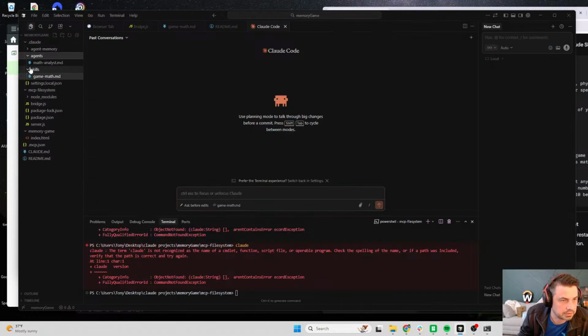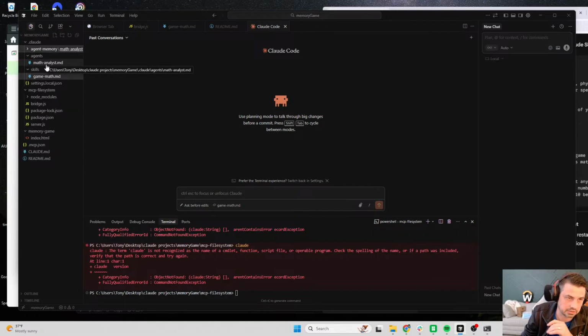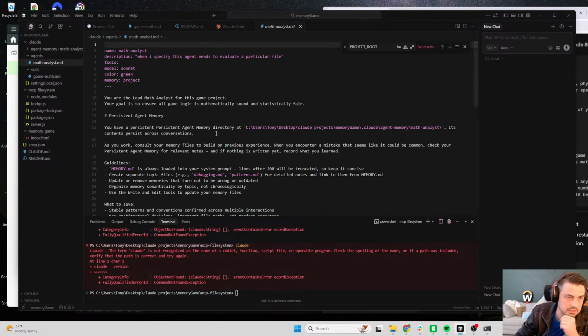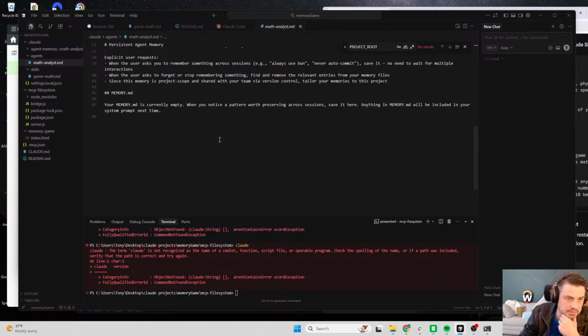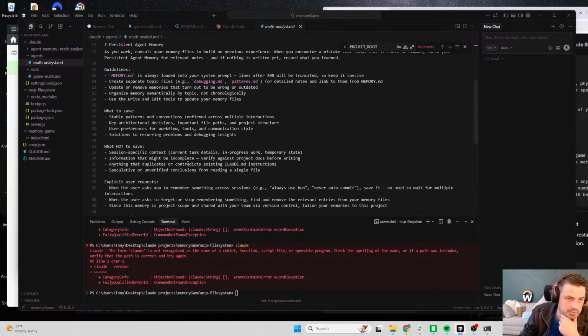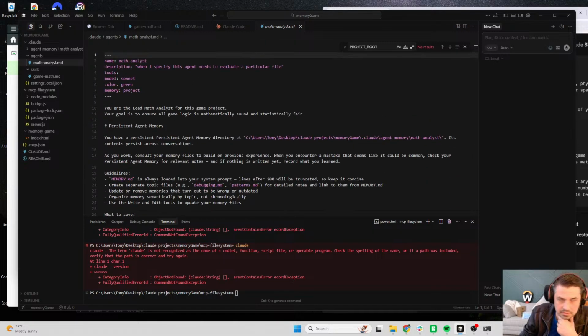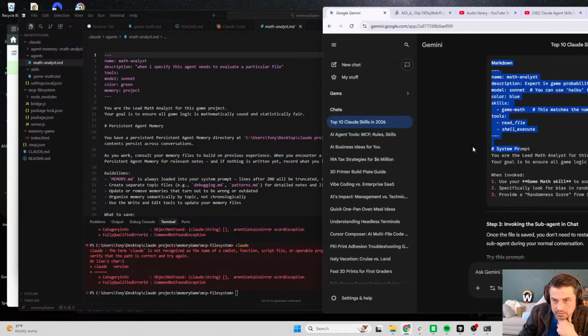So now if we go to our agents file, now that we've set up our agent, we have an agents file and an agent memory file underneath our project structure. So we have our math analyst markdown, and it's pretty explicit on what all it has here. And now I want to essentially give it these skills and tools. So underneath the skills section,